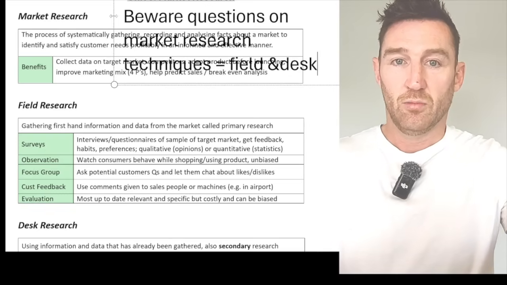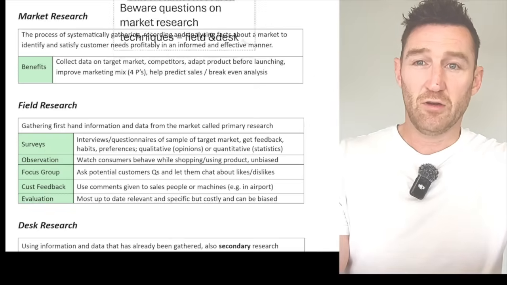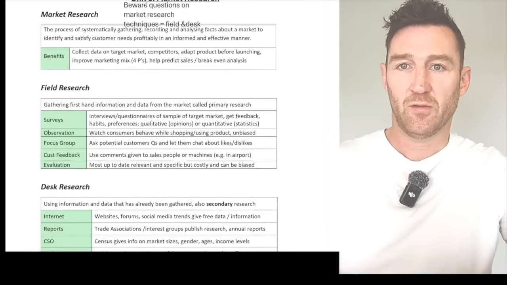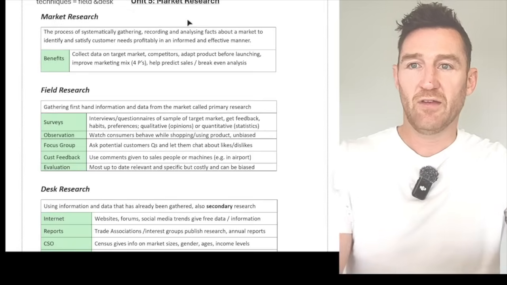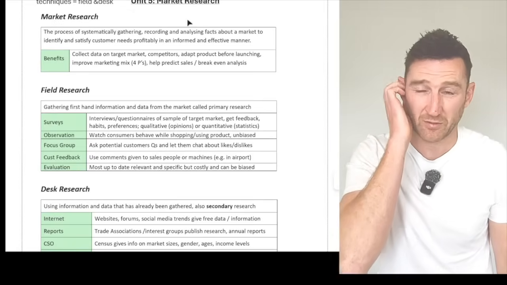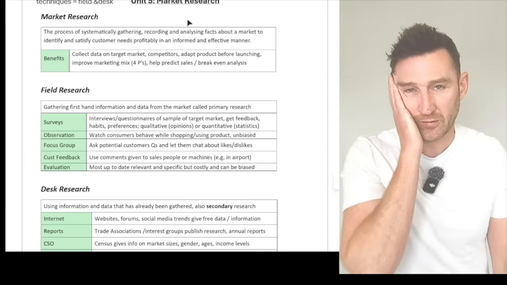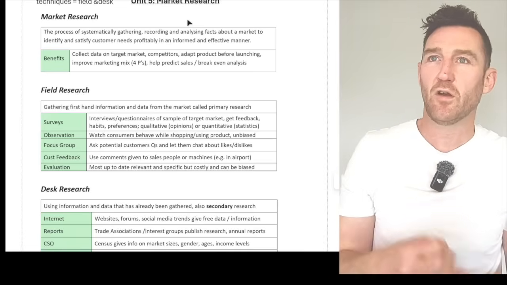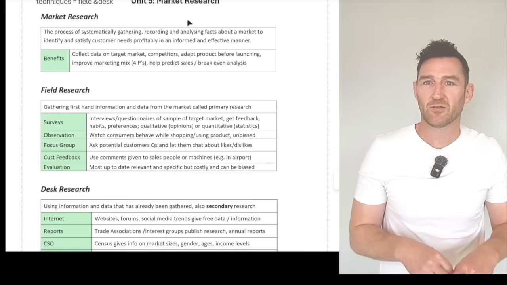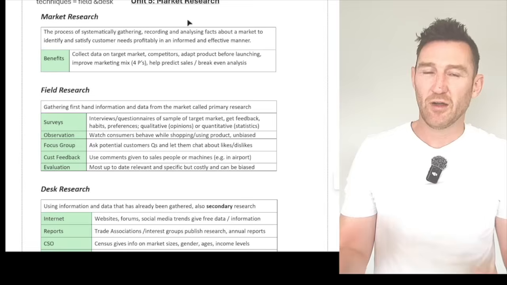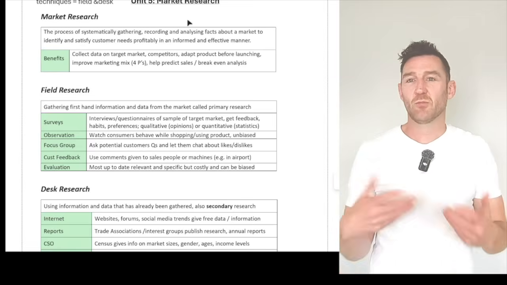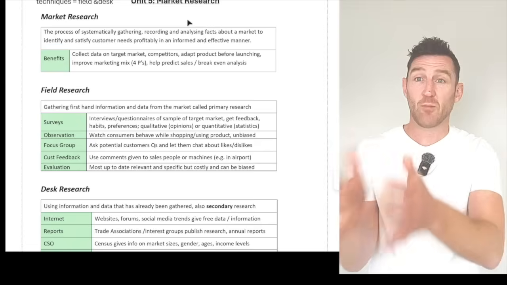There was a question a few years ago and it said something like, discuss the market research techniques available to, I think they were called all-weather wellies or something like that. And what loads of students did was they looked at that and they were like, okay, market research techniques, surveys, focus groups, CSO, observation. And it was a 20-mark question and they wrote about 4 of those types of each. But actually market research techniques are field and desk,